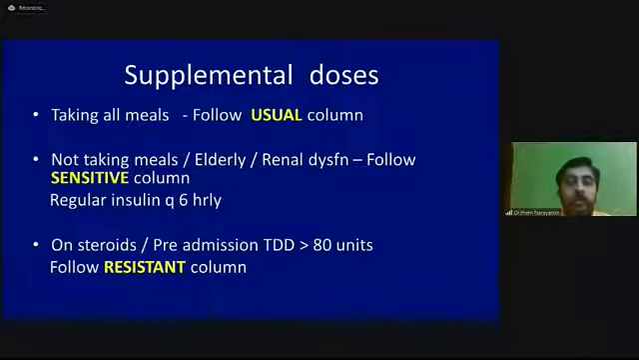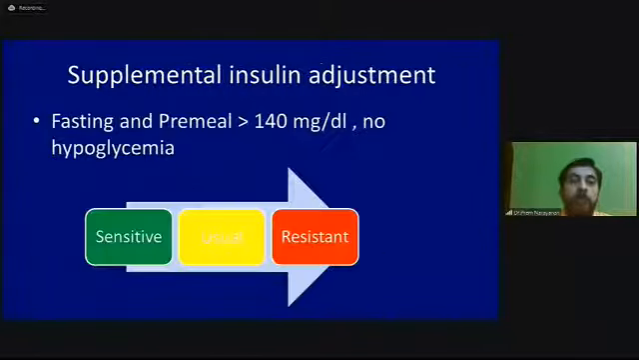So like that, you have to calculate the supplemental dosages also. How do you adjust the supplemental column? If the fasting and pre-meal values are more than 140 and no hypoglycemia is recorded, and the patient was on the sensitive column, you can move from the sensitive to the usual column. If the patient was already on the usual column, you have to change the supplemental scale from usual to the